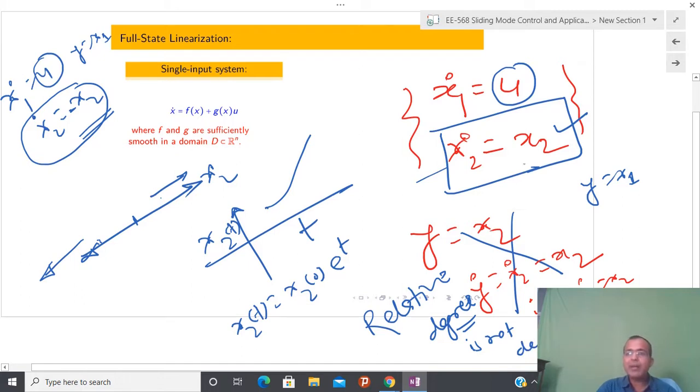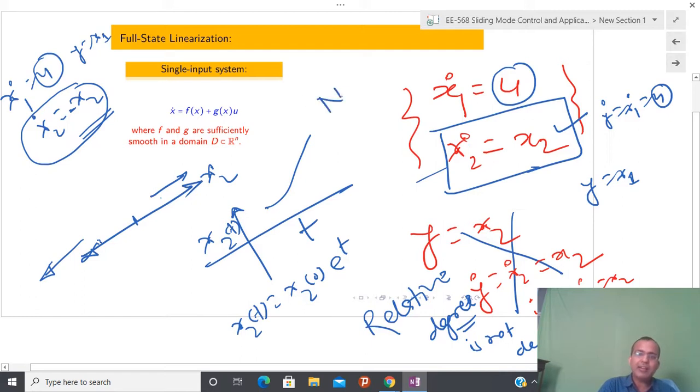And here now I am talking about some other problem. Even if the relative degree is well defined, suppose y equal to x1. What is the relative degree of this system? One. y dot equal to x1 dot equal to u. So now you can design control u such that I can control y, or x1. But you can see that due to the internal structure, I cannot control x2, because x2 is no longer in my hand. And this class of system is called a non-minimum phase system.